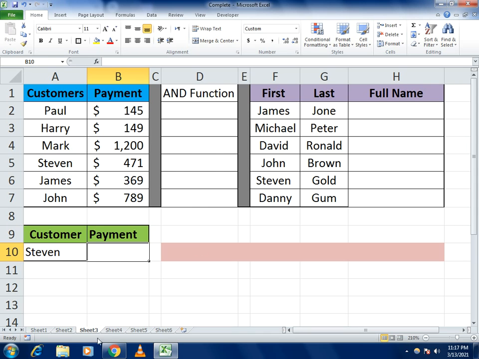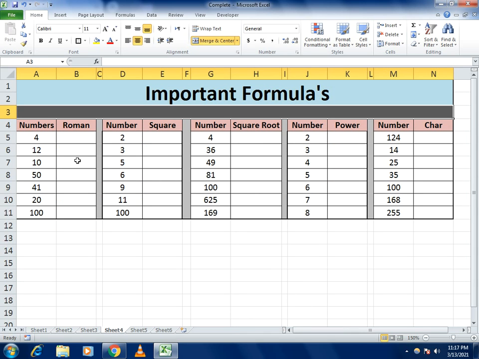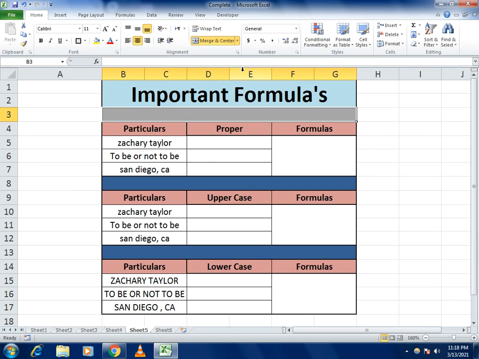Here we will use a VLOOKUP function, and in this we will convert the numbers into Roman numerals. And how can we get the square of a number, how can we find the square root, and the power of a number. And here we also learn the number of characters in our system, so what the number of characters is in 124 or 1425, and this we will also know. And in this we will also get how we can change the text into proper case,